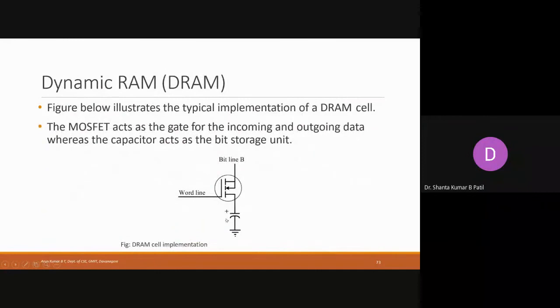So the dynamic RAM, in order to store 1 bit of the data, uses 1 transistor with 1 capacitor. So the space consumed is very less, but the only disadvantage is that even though the power is there to store the signal 1, as all of you know, the circuit consists of the resistance as well as the capacitance. Because of this resistance, there is a leakage of the power which is stored in the capacitor.